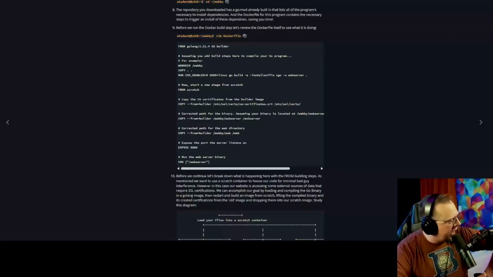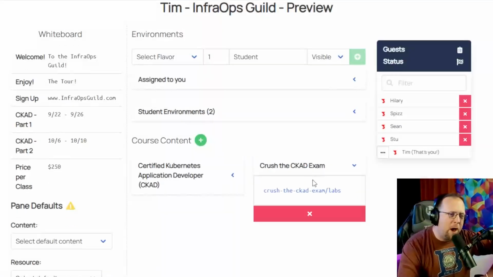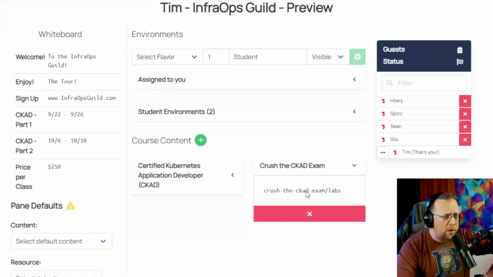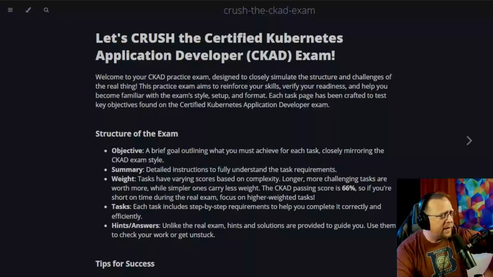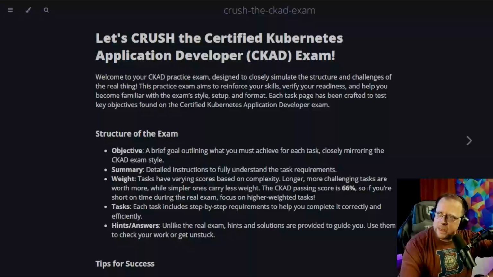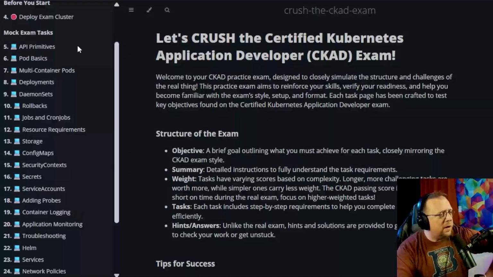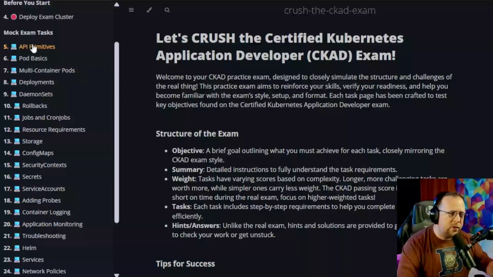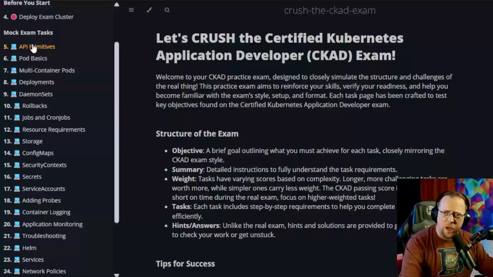Well, here's the deal. When we head on back over to the demo, you'll notice that there is the CKAD mock exam. And at any point during the class, if you feel like everything is too easy for you, well, then why don't you go ahead and test yourself? Jump on in here. Take a look at this. All of these are mock exam tasks. All of these are exam tasks that are very much like what you would find on the actual Certified Kubernetes